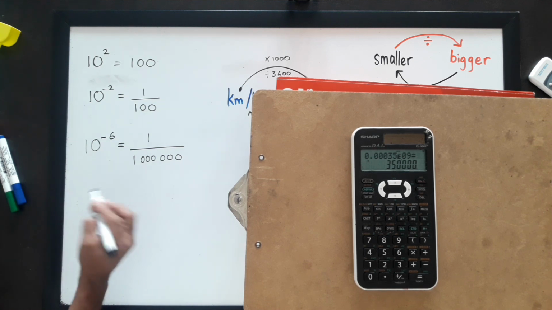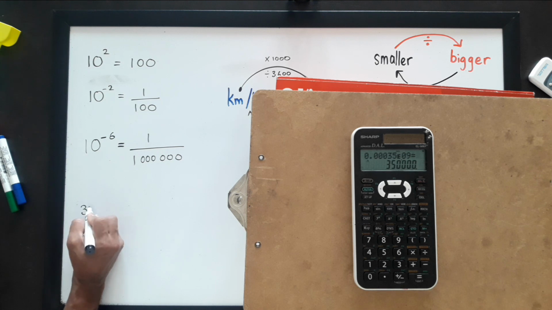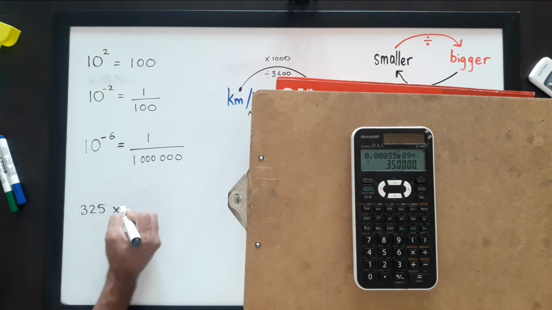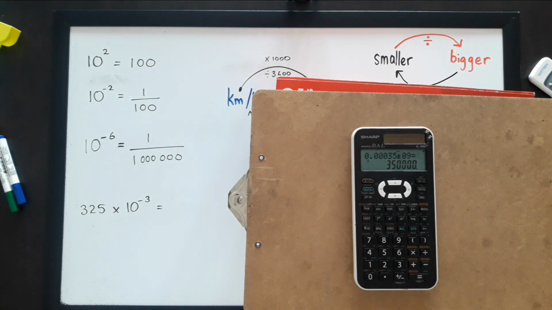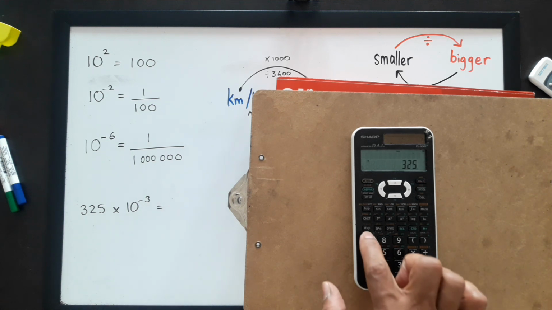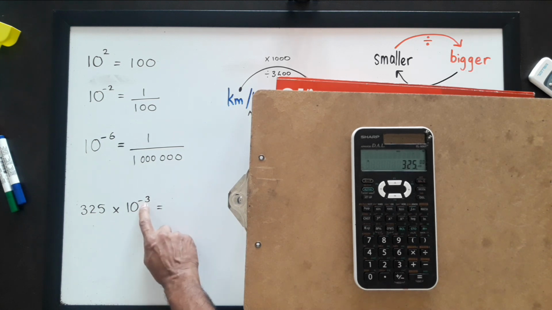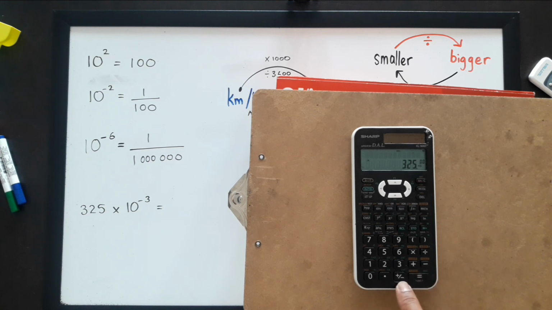Okay? So just as an example, let's say you had 325 multiplied by 10 to the power minus 3 in the exam, and you needed to type that in on your calculator. It's very simple. It's almost the same procedure. Type in the 325. You multiply by 10, that's the EXP button, and it's just waiting for you to type in the minus 3. So you don't use this minus sign, you use the plus or minus sign. I just call it the funny button. Minus 3. Right, so the power I'm typing is minus 3, and you press equal, and that is